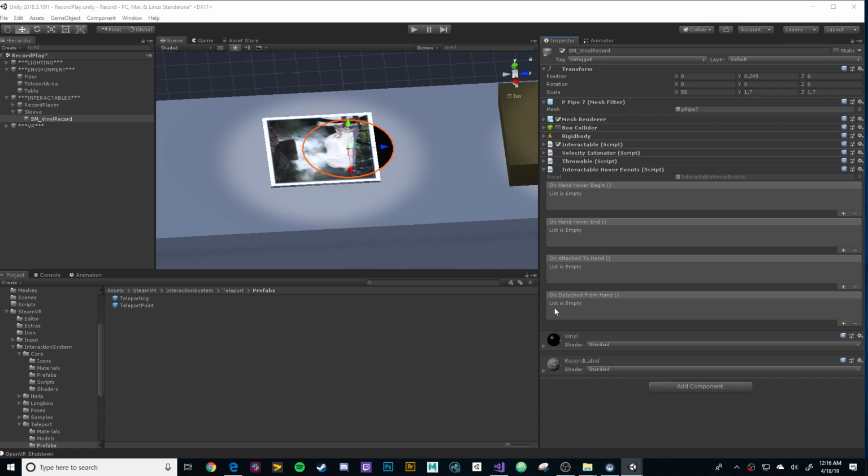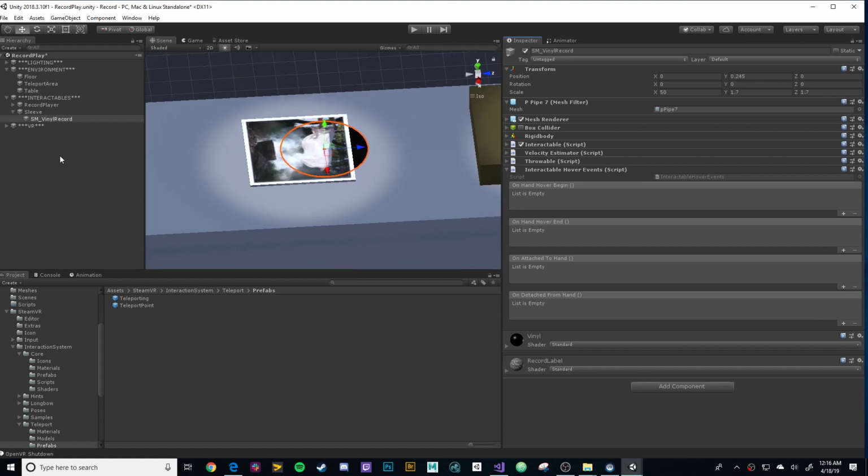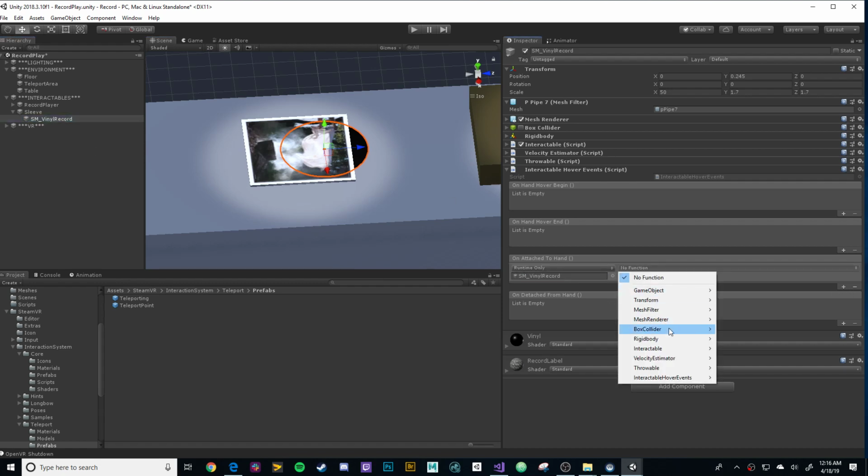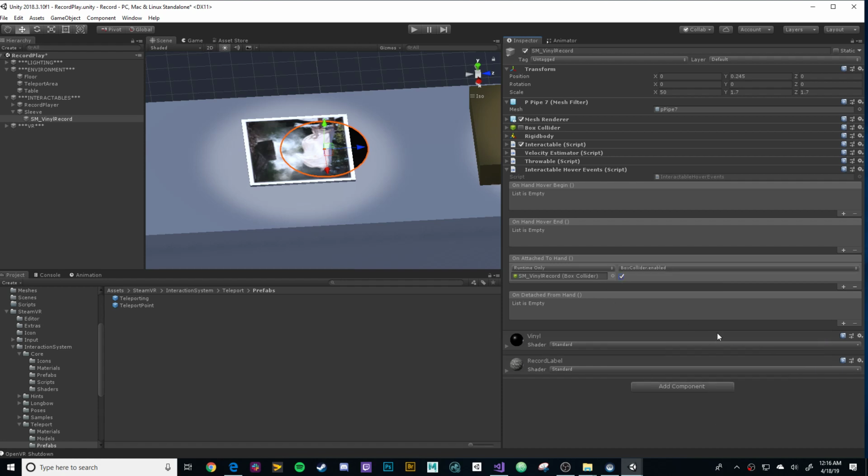Sorry, not the vinyl record. Yes, the vinyl record box collider. So we're going to do attach. Right, we want to make sure that that box collider is on. So enabled. And then when we detach from the hand,